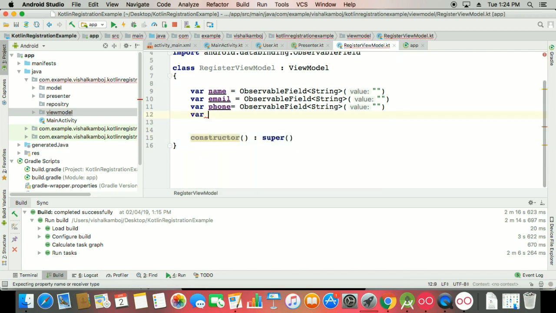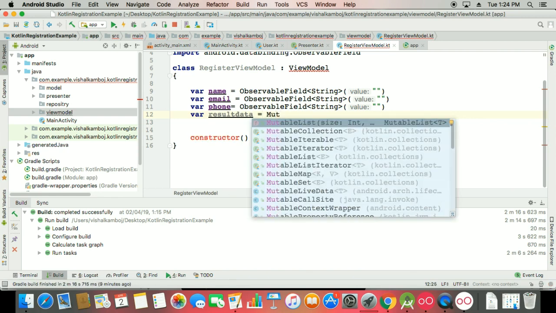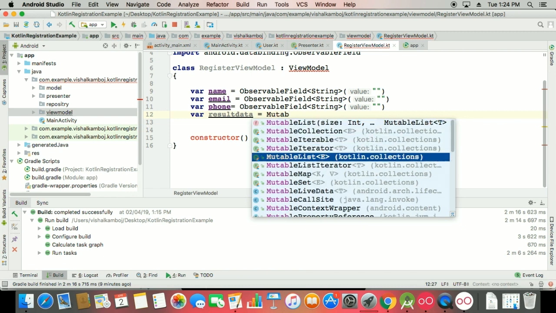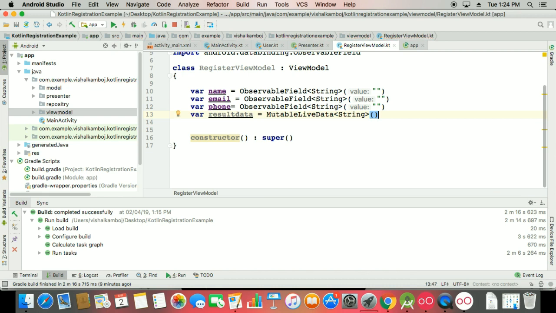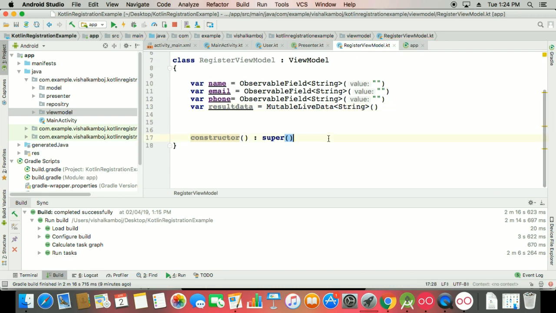Now the last thing is mutable. So this is your result data, and that's your mutable live data, and that's your string you have to pass in it. Okay, so the things are ready, and here we have two functions. We need two function calls. Number one is your login register data, and here I'm passing the value of a user,